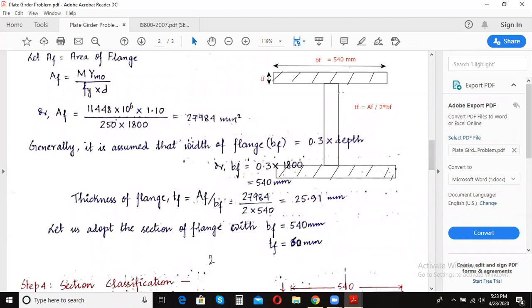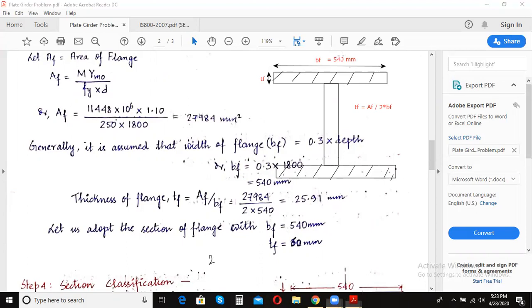Our final width of the flange is 540 millimeters, and the thickness of the flange is taken as 60 millimeters, because I've already done trial and error, and using 30 or 32 millimeters the section is failing. So we are taking it as 60 millimeters. You can also try it yourself.